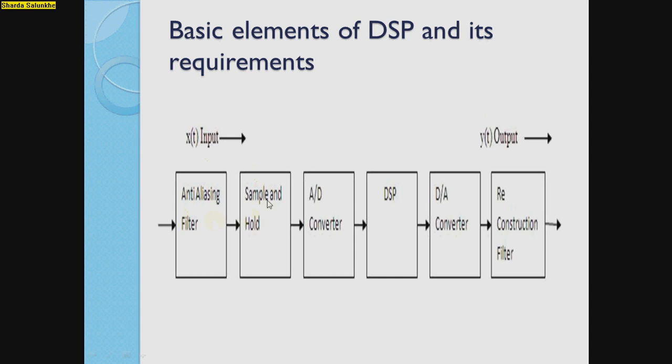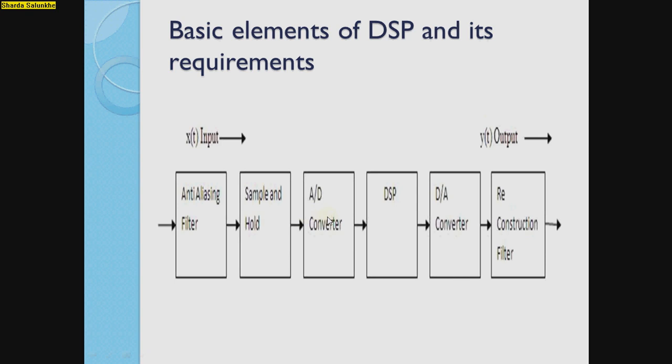After that, you get the sample and hold circuit, where the sampling is done, and after proper sampling, the samples are available with different amplitude values. Those values are fed to the quantization, where the approximation of the values is done. Again, it is converted into digital form by proper techniques, using the proper step size. So the digital signal will be available, and that signal will be fed to the DSP.